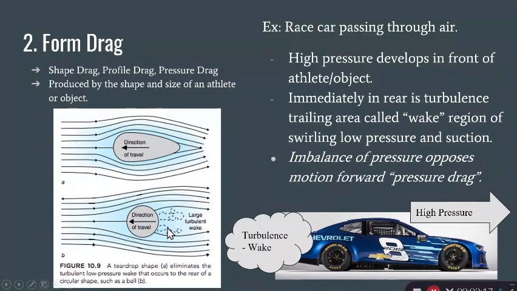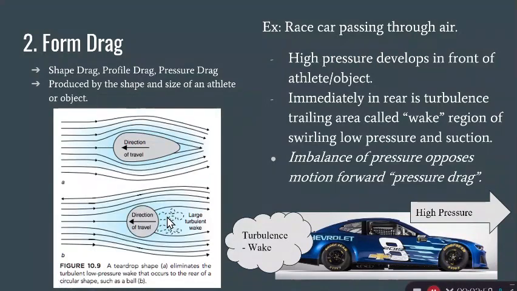Okay? And why this is important here is there is going to be a lot of high pressure in front of the object. And if there is a lot of turbulence behind the object, that's going to be an area of low pressure, okay? This is considered like the wake. An object like this, where the air flows smoothly past it, this amount of pressure is not as low as this amount of air pressure. Okay? But why this is important is